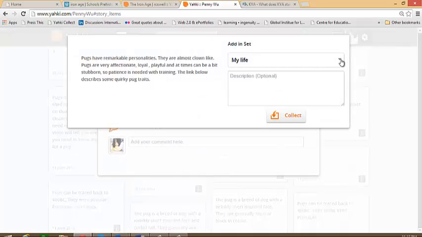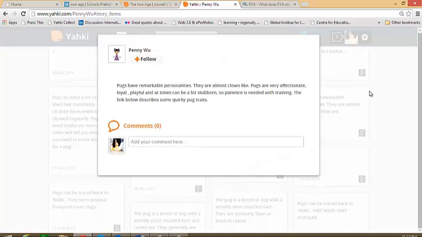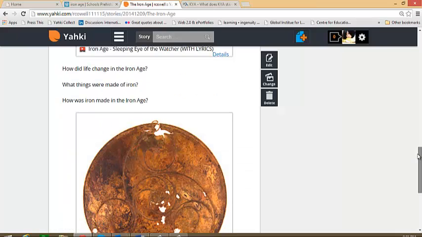So once again, Yahki asks which set or folder Rebecca would like to add the comment from Penny in. And so she decides to put it in her My Life folder. And so learning and collaboration is authentic between peers in a safe, ring-fenced school channel environment. Similarly,